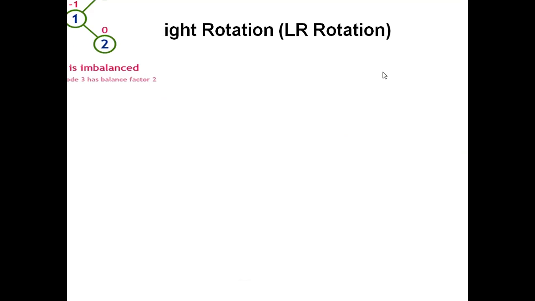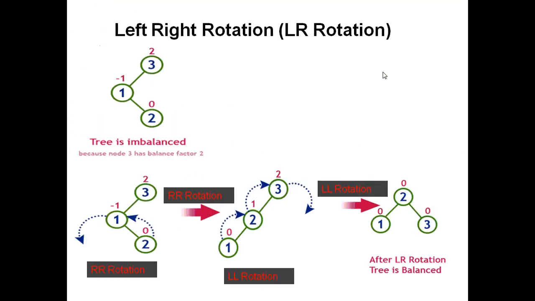So we have left right rotation. Let's try to understand how we are going to perform this one. We have this unbalanced tree, and we have the value 2, and that is left of right. That is the imbalance. We have two ways through which we can do this LR rotation. The first one is clearly visible here, and the second I will let you know is the shortcut one. Let's try to understand this one.